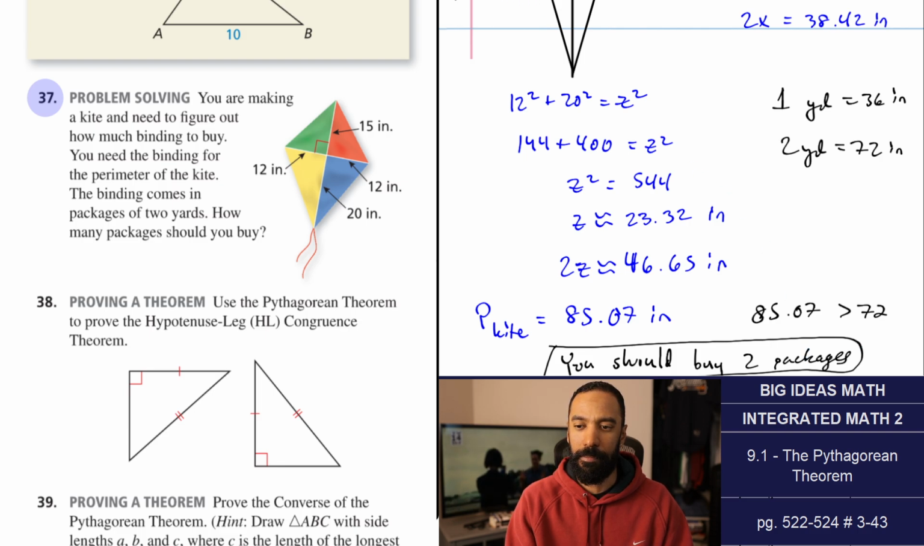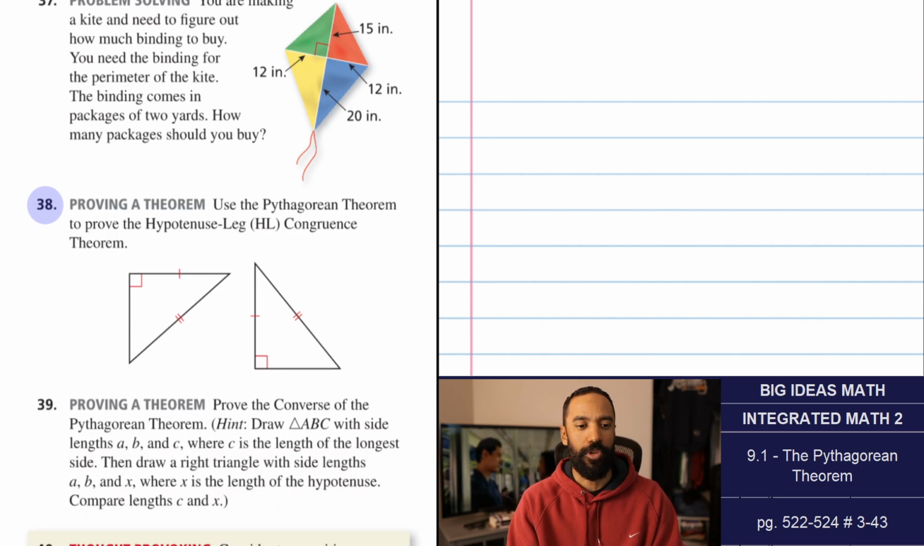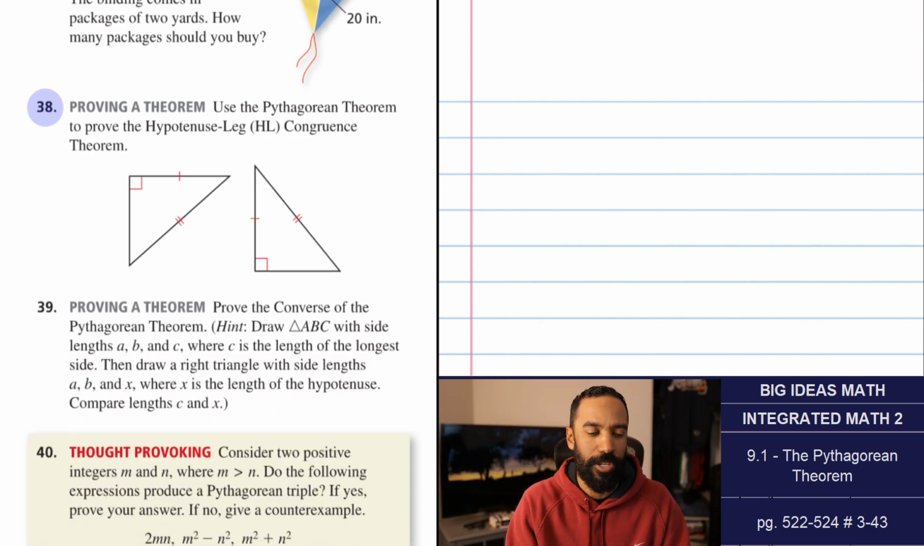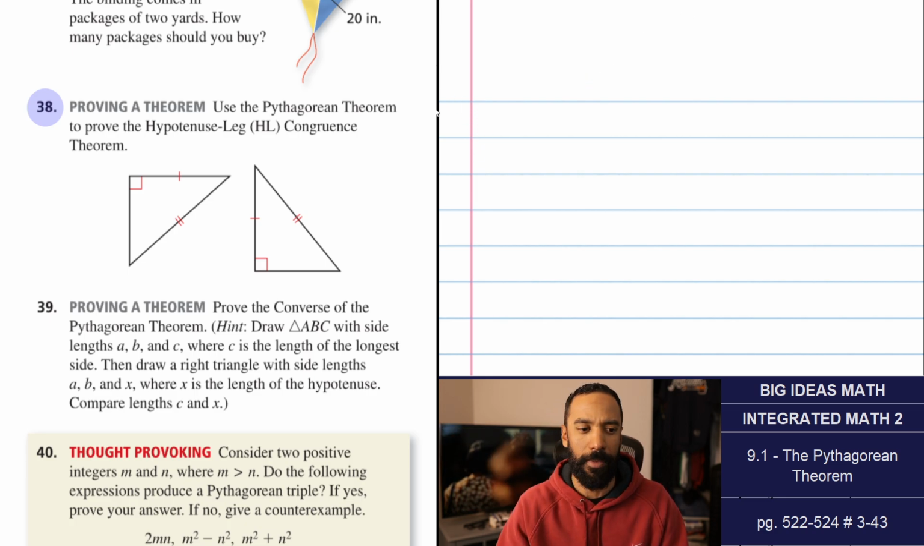Okay, let's keep moving forward. That was kind of a longer problem. Number 38, proving a theorem. Use the Pythagorean theorem to prove the hypotenuse leg congruence theorem. Yeah, the hypotenuse leg congruence theorem is all about